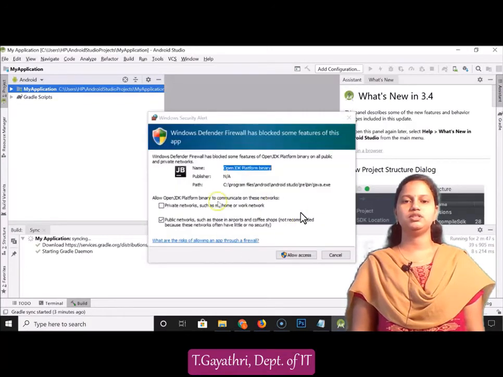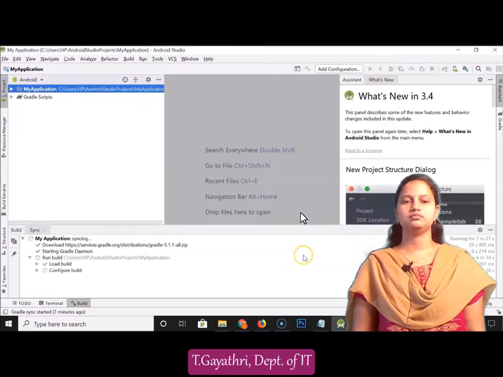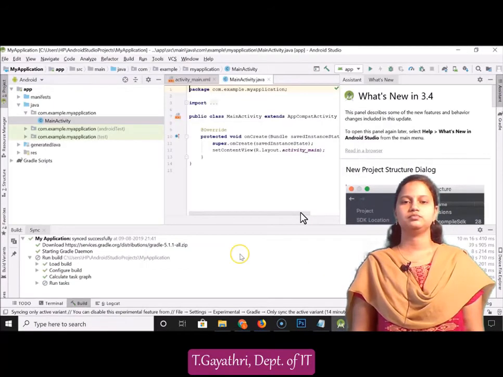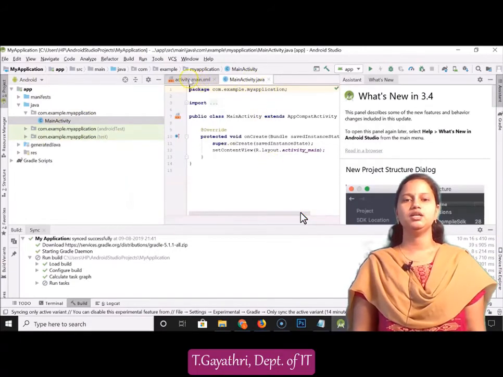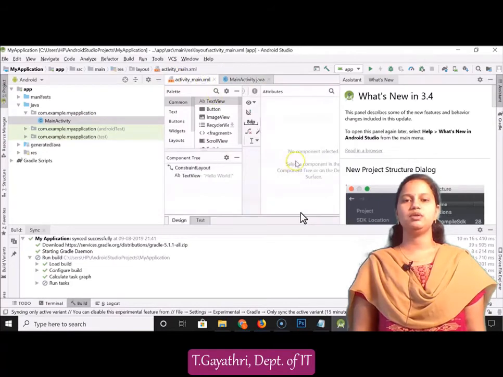If you are seeing this one, just click on allow access, and you will see the application is synced successfully. It took 10 minutes 16 seconds and 410 milliseconds. When you run this project, it will give you an output like Hello World. So the default program in your application prints Hello World. So these are the activity_main.xml and MainActivity.java files.